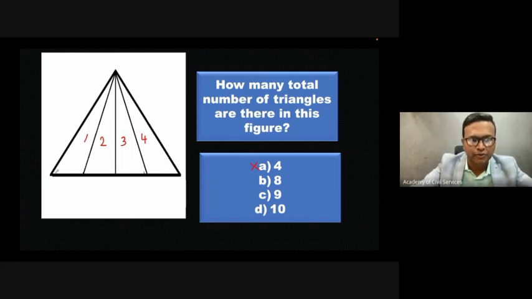Now let me show you. This is the first 4 triangles we have seen. Next one is merging together 1 and 2. Merging together the triangle 1 and 2. Are you able to get one more triangle? Then 4 plus 1, 5 came. Same way, merging together 2 and 3. This is also another triangle. Whatever I am drawing with the red color. Merging together 2 and 3, one more triangle. Then plus 1.